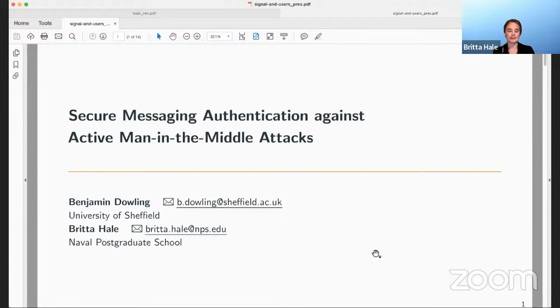So Signal is fairly representative of a typical continuous key exchange protocol used in the messaging space and what we'll focus on here. But the observations we have apply to other messaging protocols as well. What you see here is the core of a Signal ratchet, essentially the asynchronous Diffie-Hellman ratchet between Alice and Bob, with ratchet keys shown in blue, and they are combined to make a pre-master secret, which is then run through a KDF for a root key. And every time we derive a new root key, we see that.